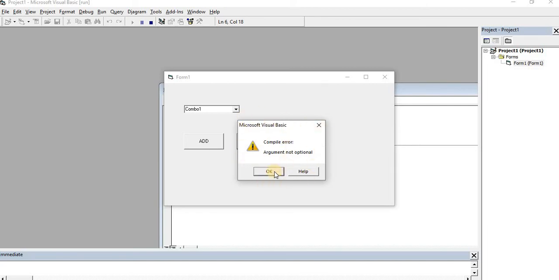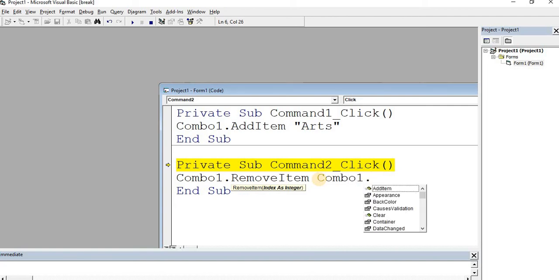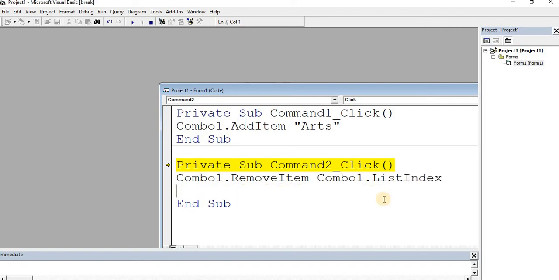That's why it is giving an error. So here what you have to write is combo1 dot list index. This is the use of the list index property. It will delete the selected item from the combo box, similar to list box.